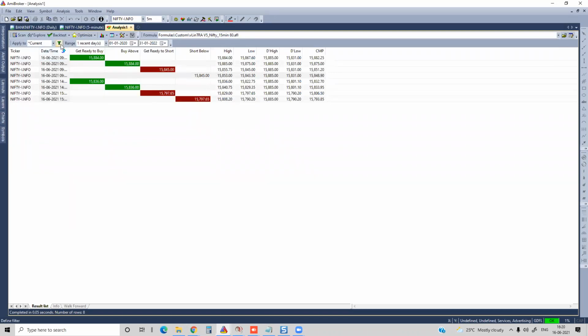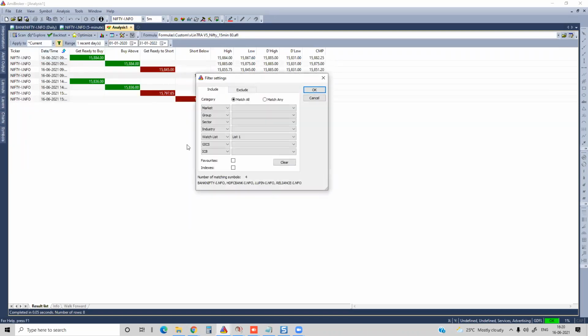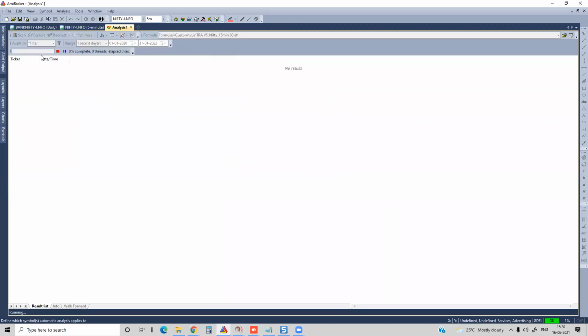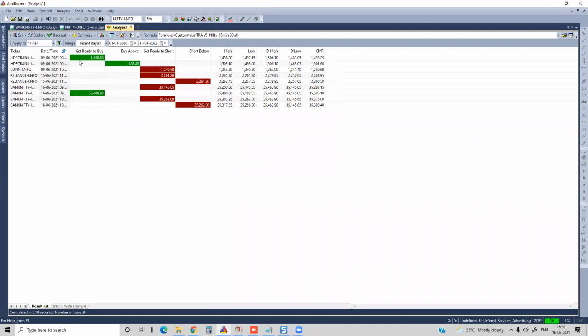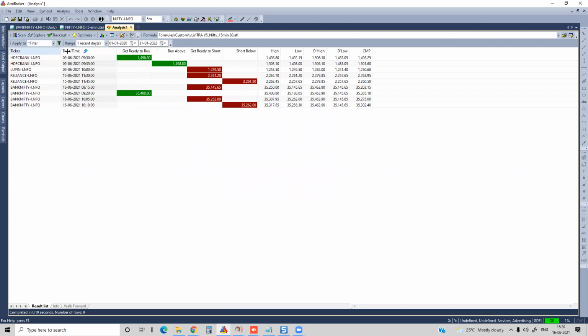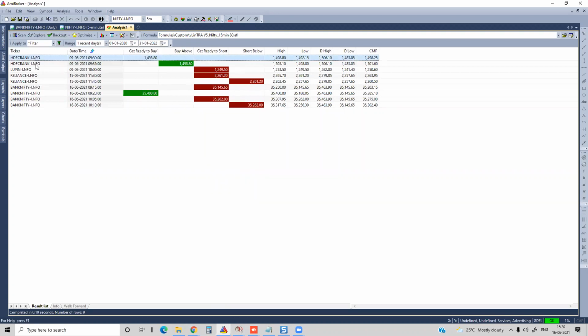So what we do, we'll go to a watch list. Say I'll have watch list number 1. In list number 1, I have Bank Nifty also, HDFC Bank, Lupin, Reliance. So whenever any opportunity is coming in, I want to send orders to my broker. In HDFC, you can see that there was a buy and the buy got confirmed here.